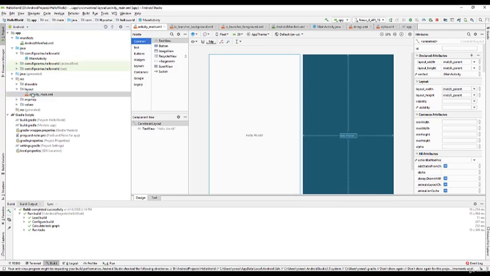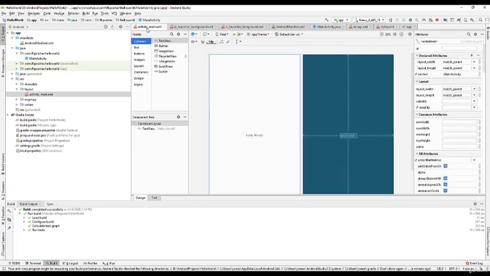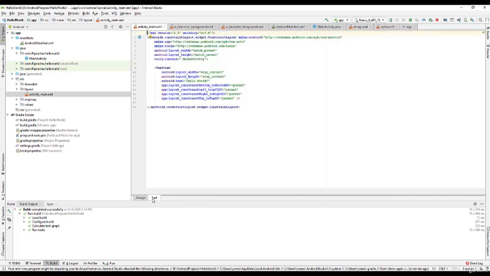Okay, so in the resources, layout, main activity, we can see the layout that is associated with the main activity. Actually, if we go to our main activity, we can see the layout we are referring to. Now in the layout, we have two views, the design view, which is drag and drop.